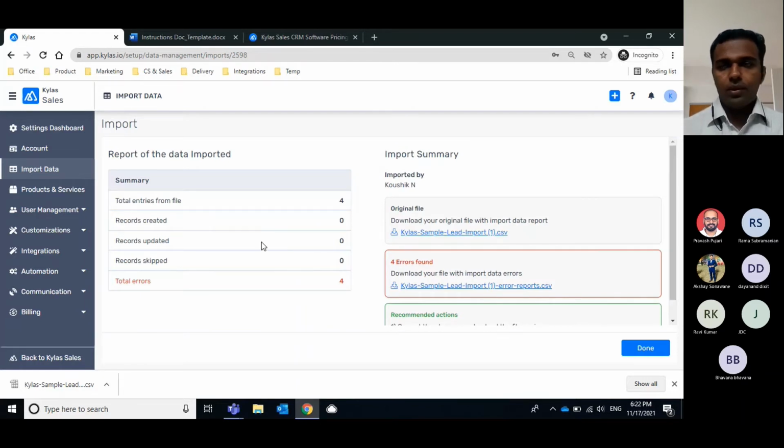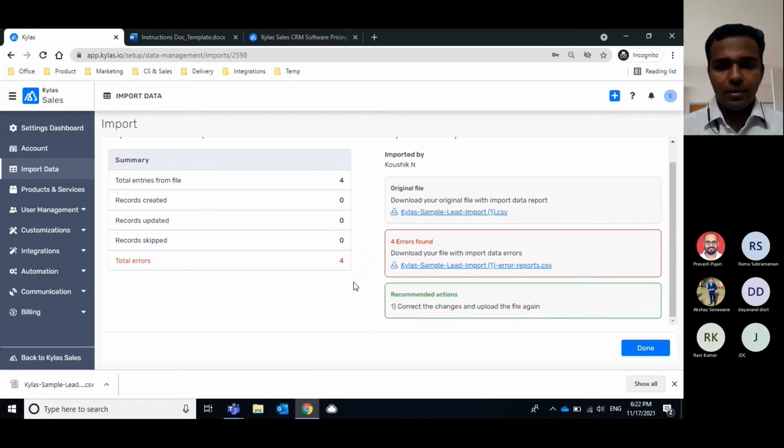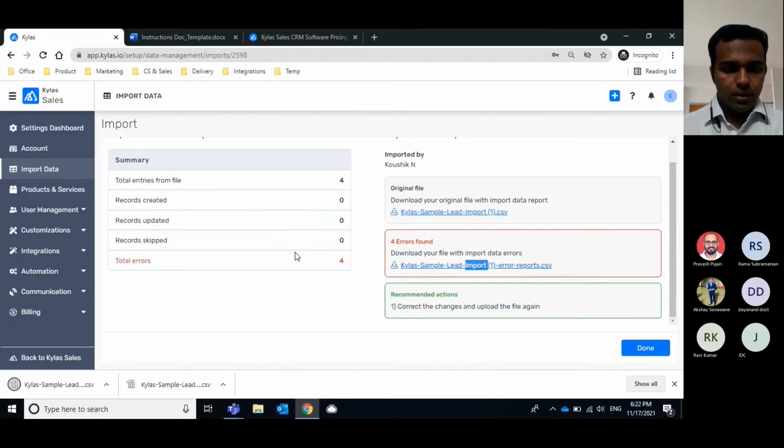So right now there were records with errors in the file which I was importing. So once the import is completed, an error file is generated with the number of error records in the system. So I can download the error report by clicking on it. This file gets generated only when there is some mistake with the data you are trying to import into Kailas CRM.